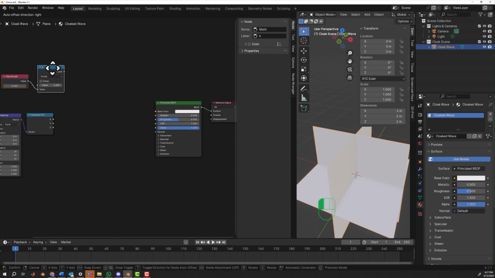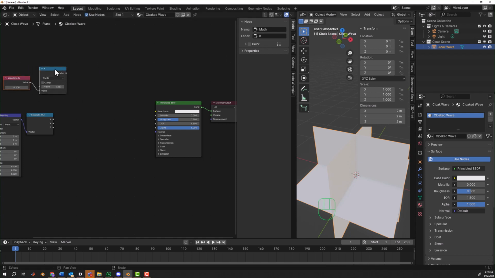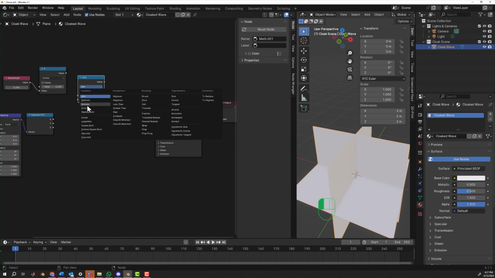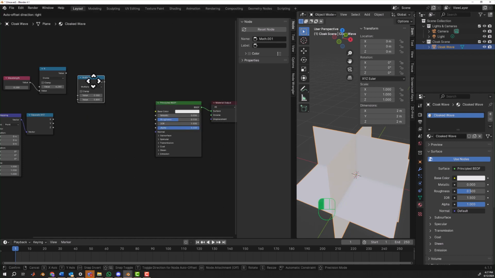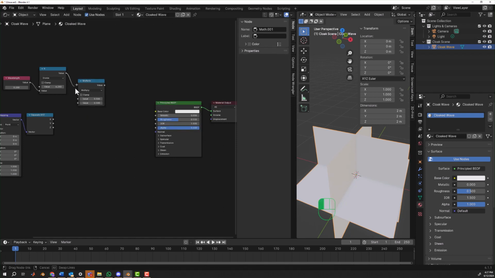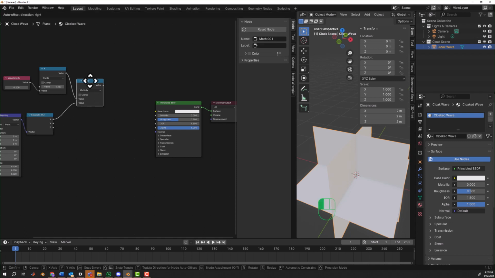So my wave will be cosine of kx. So I need to multiply my x coordinate and this k. So let's go to add. We'll add another math node. And instead of add, we're going to multiply. So we're changing this math node to a multiply. And we're going to multiply the wave number times x. So that's just kx. If I wanted to see what I'm doing here, I can drag the output of that multiply node over